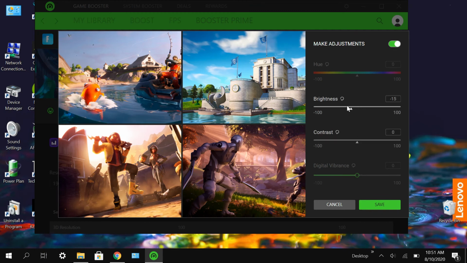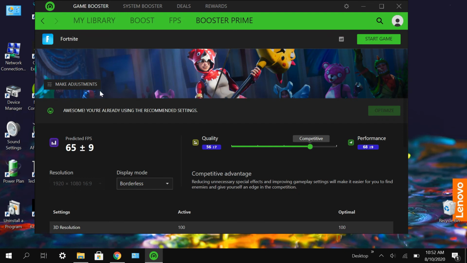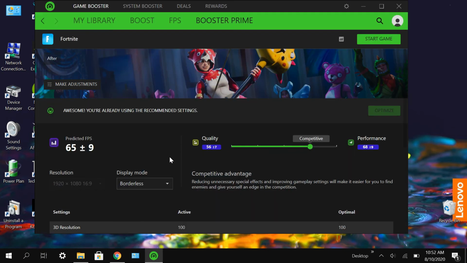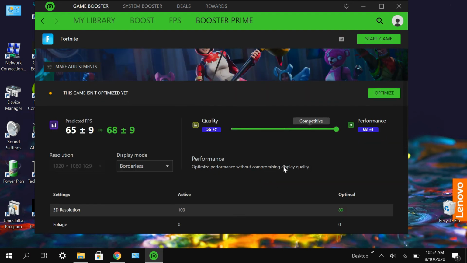For example, it's on 0 right now. I can make the game feel like this. It's just my monitor settings, so it is really handy. And as you can see, just turn off, make adjustments if you don't want anything. Click on save. Now here you can also choose your thing, whether you would like